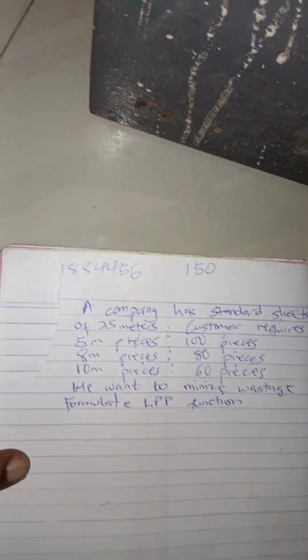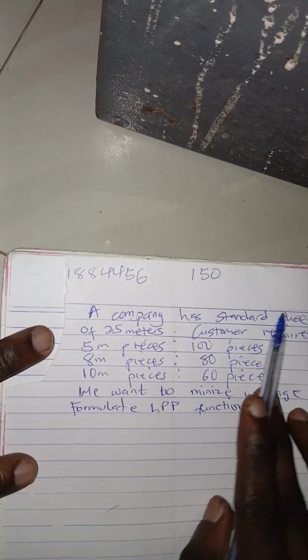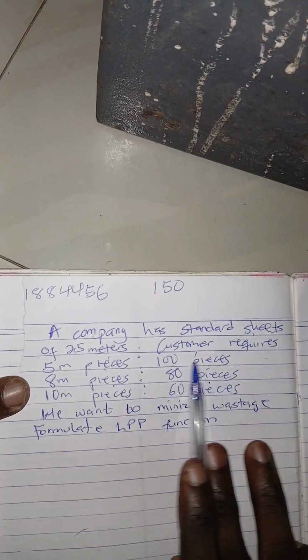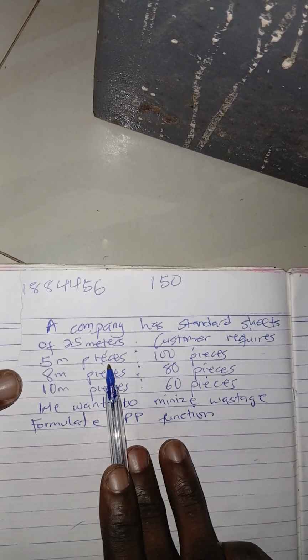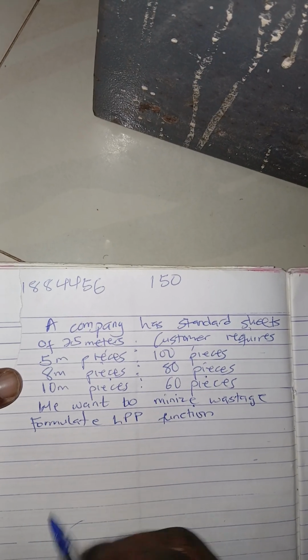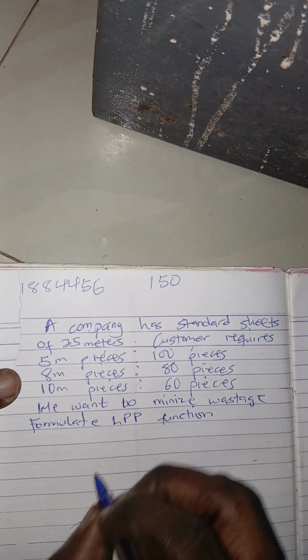Let's solve this question from scratch. A company has a standard sheet of 25 meters. Customer requires 5 meter pieces, called 100 pieces, 8 meter pieces, 80 pieces, 10 meter. So we can say that